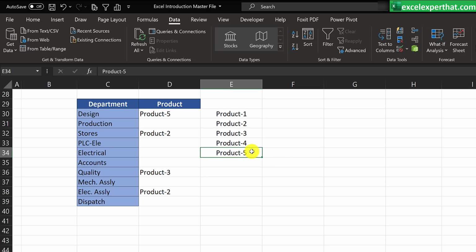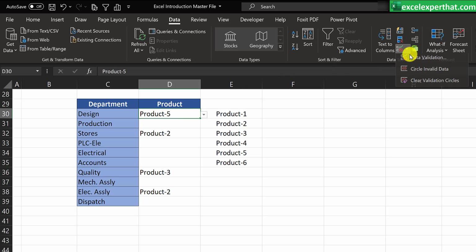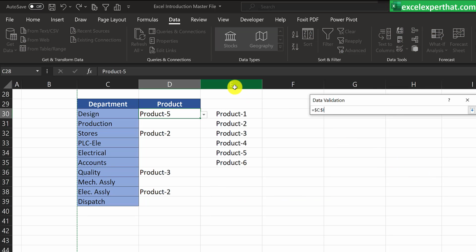Now if I put here a product number 6, then what will happen? Click on the list drop down, and you will find the product 6 is not appearing in the list. So how to solve this problem? Go back and select all the cells wherever the data validation is, or select any cell where the drop down list is already there. Go to data validation, and while selecting the source,